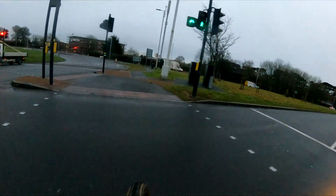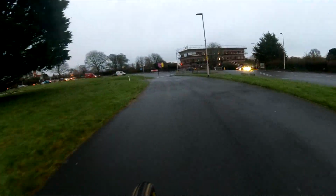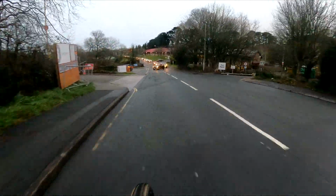Here I'm crossing the road because there's a little cycle network in the middle of this roundabout, which is actually really nice. It sort of bypasses this horrible steep roundabout, and look at that, there was a green crossing just timed really, really well. And I can join the road here and then go into the hospital where I work,